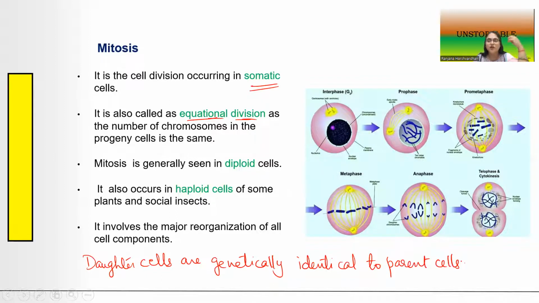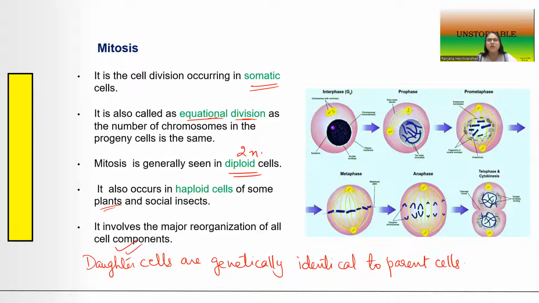So therefore, it is also called the equational division. The daughter cells are almost Xerox copies of the parent cells. It is largely seen in cells which are diploid, that is, they have 2n number of chromosomes in them. And we do see it happening in haploid cells in some lower plants and some social insects,